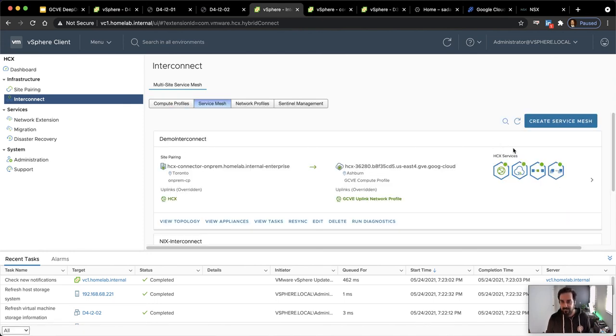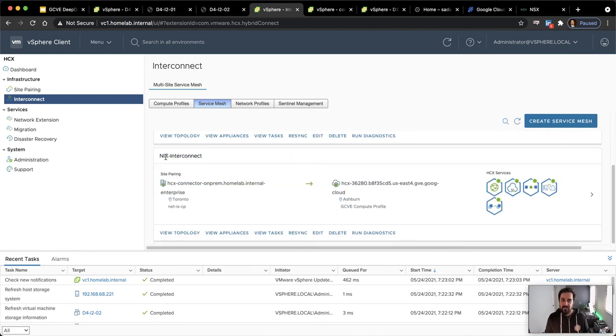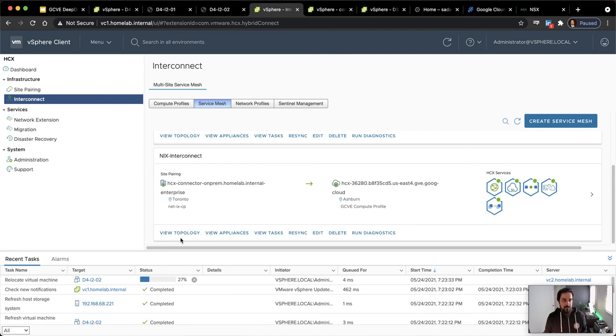The first interconnect, I established it with one host. So I had these 4 servers. On the other interconnect, I have a network extension interconnect where I have extended the network extension service. Again, this is running between Toronto, my home lab, and a remote profile. So now you can see the status is changing for only the workload number 2, which is where the workload 2 is migrating and cutting over from on-premise